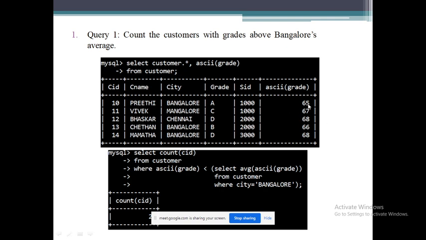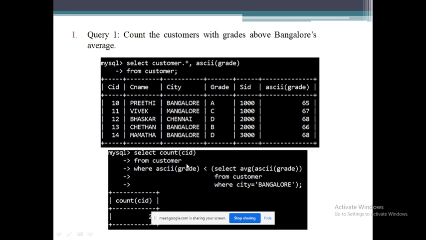But the ASCII value of A is 65 and B's ASCII value is 66. Now if I want to compare with the ASCII value, then here in the comparison we have to write less than. Then it will give you the count with grades above Bangalore's average.